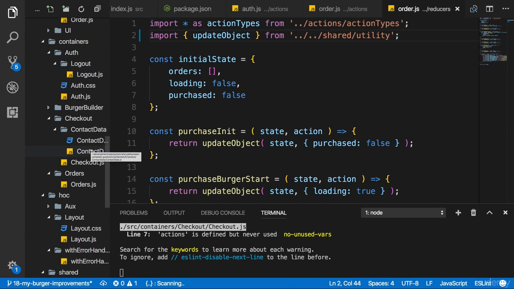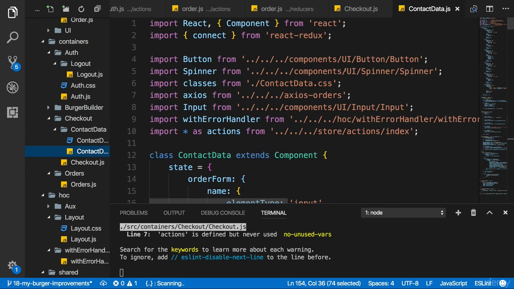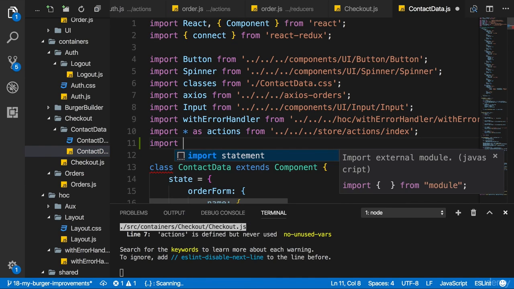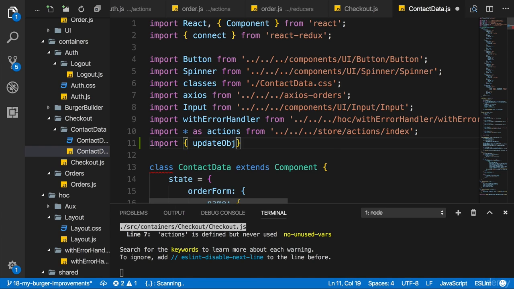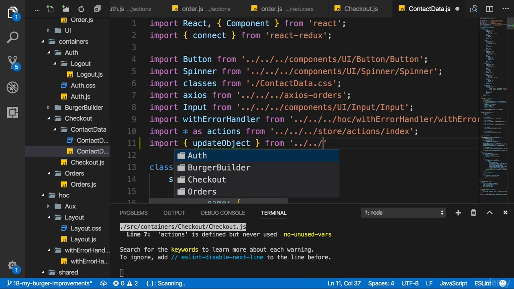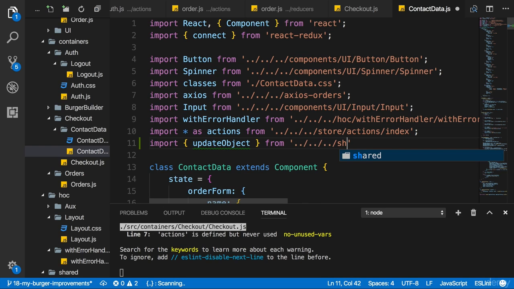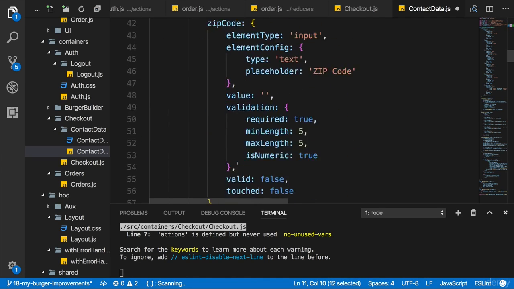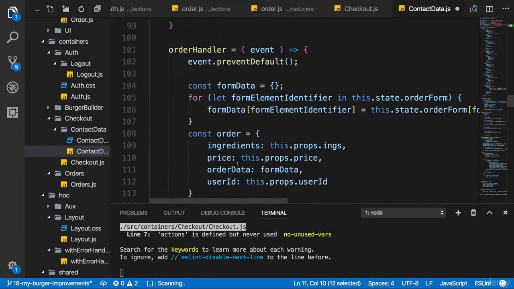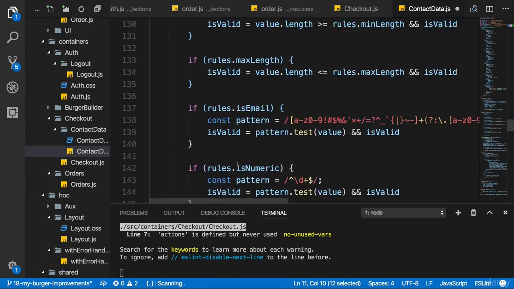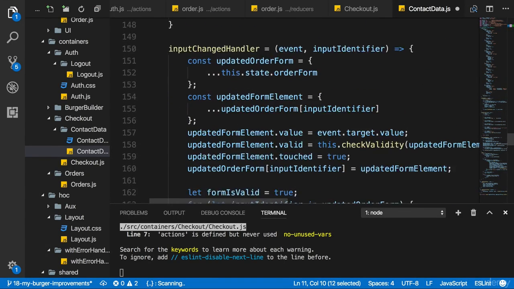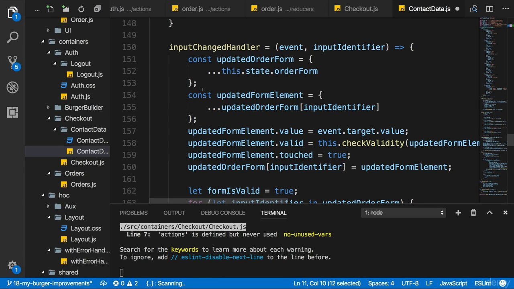And now we can go to contact data and import this utility function. So we can import our update object function from, and now we just go up all the way to the top to the shared folder and there to the utility file. Now we can use update object in this file too, and I want to use it in my input changed handler for updated form element.